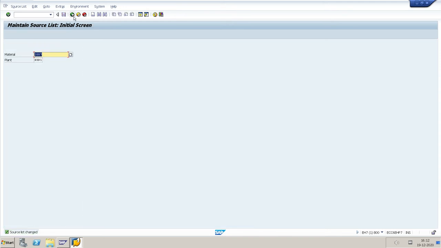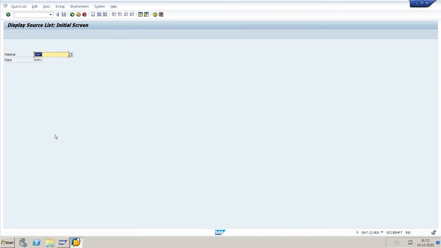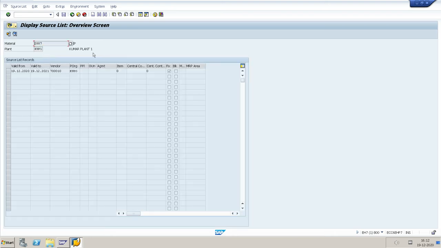We maintain the source list. Display the source list through the ME03 code: material and plant. You see the displayed source list with valid from, to, vendors, purchasing organization, and whether fixed or not.